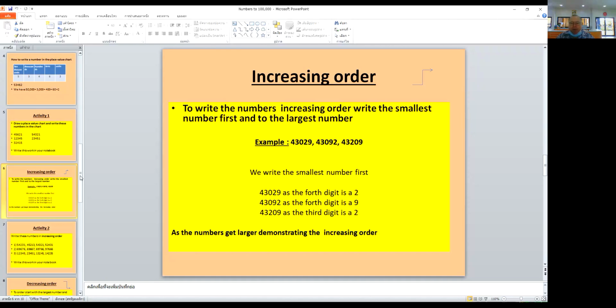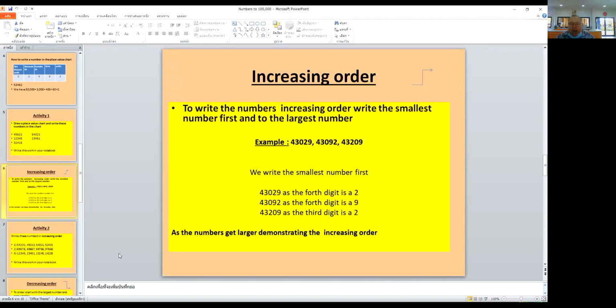The fourth number. In the first number, it's a 2. And in the second number, it's a 9. So between 2 and 9, the first number is 2. So for number 2, you write the number first,